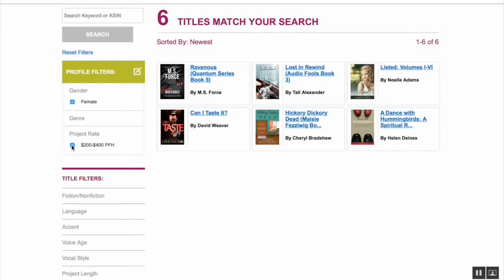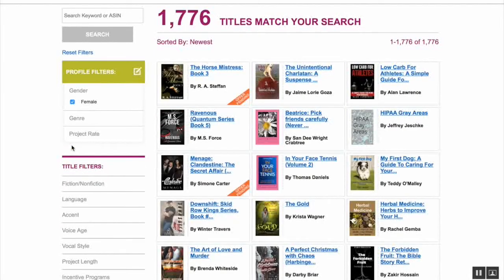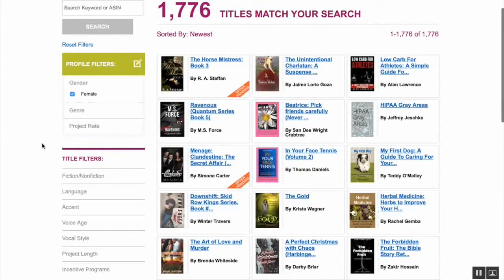Now let's just remove the per finished hour so it goes to royalty share or any price, and let's see what happens. Okay, so as you can see, the number of titles now available jumped to 1,776. So that is significantly better, and actually a pretty cool number for Americans. But anyway, my point is that the less filters that you use, the better opportunity you have of finding a